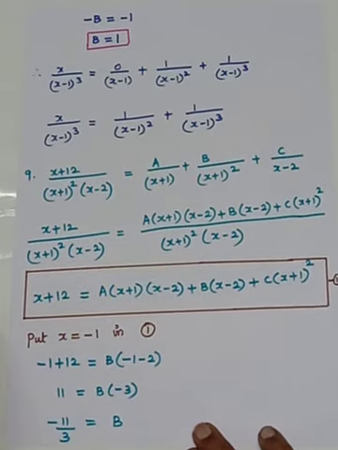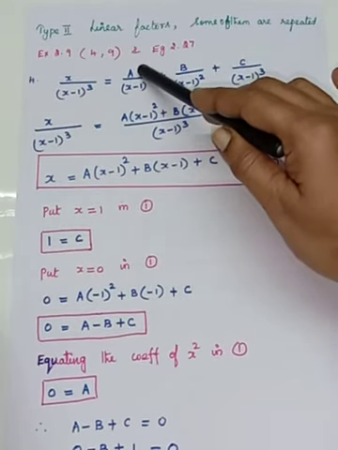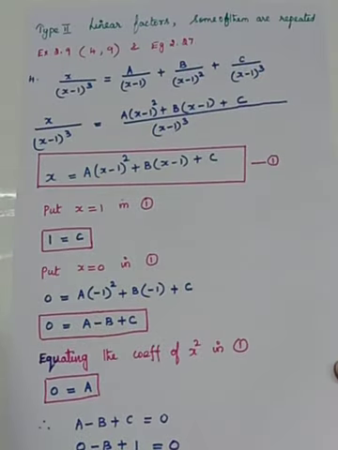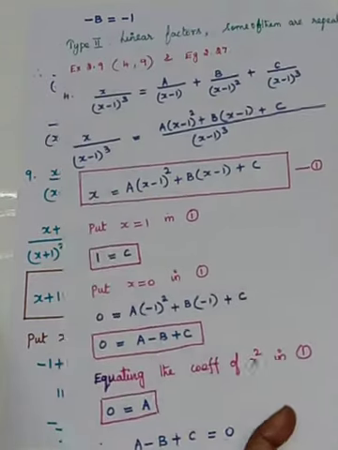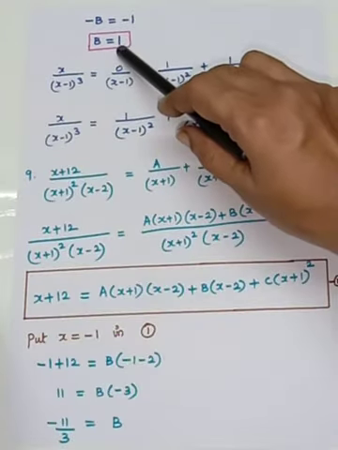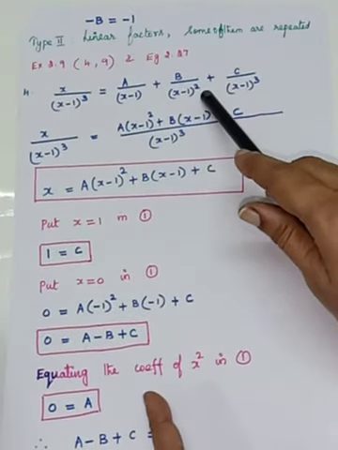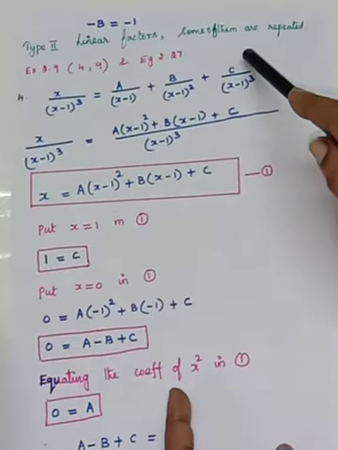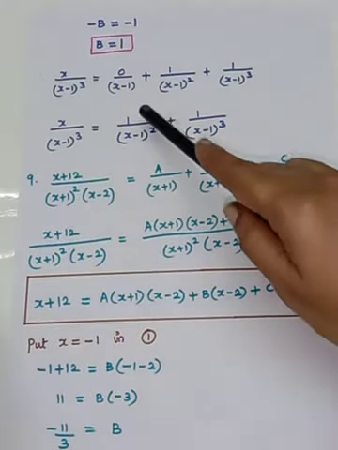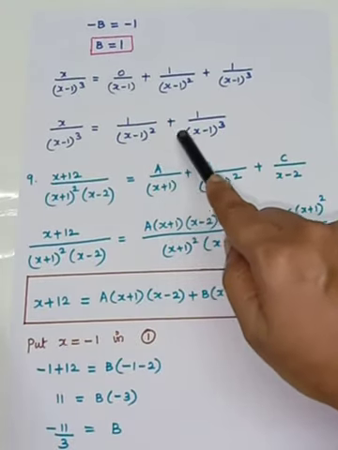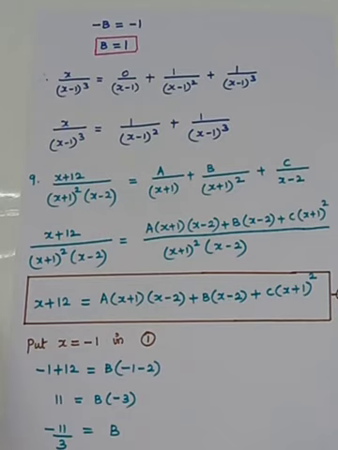You have to substitute in the first step of the problem. Okay. So in the place of a, what do you have to substitute? 0. So the whole term will become 0. And next, what is here? B. What is the value of b? B we have found as 1. So how will it be? 1 by (x minus 1) the whole square. What is the value of c? C is also 1. So 1 by (x minus 1) the whole cube. So the final answer is 1 by (x minus 1) the whole square plus 1 by (x minus 1) the whole cube. So we have resolved into partial fractions.